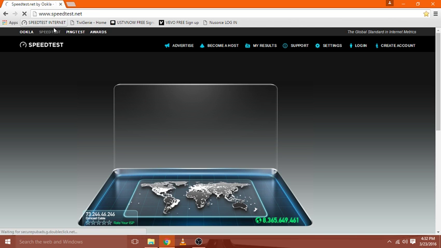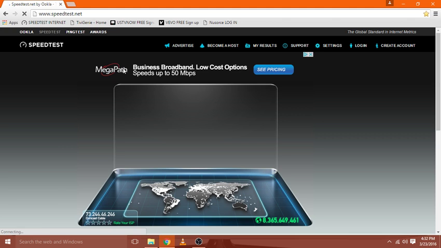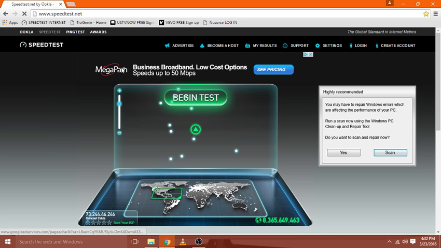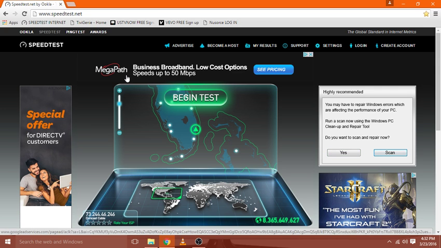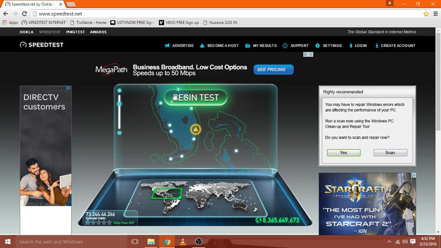Speedtest.net is a very reliable test for your Wi-Fi. Most of the cable and internet companies have their own test, but I found that this is independent of them and works very, very well. So I'm going to do a live test on my internet here just to see where we're at and show you how it works. I'm going to click Begin Test,